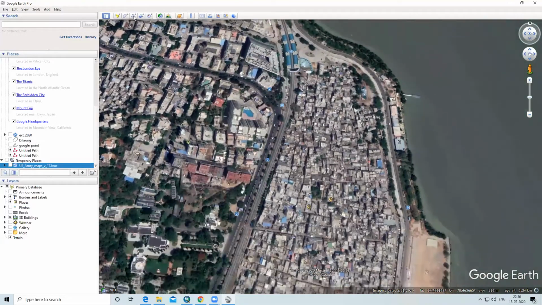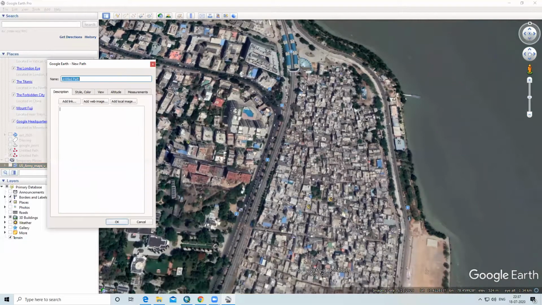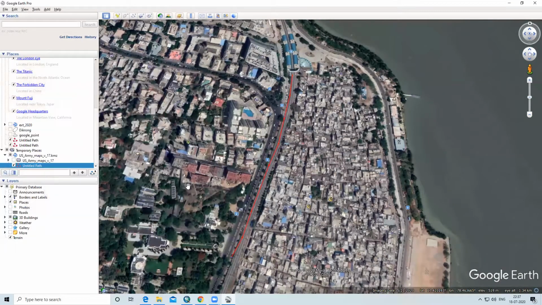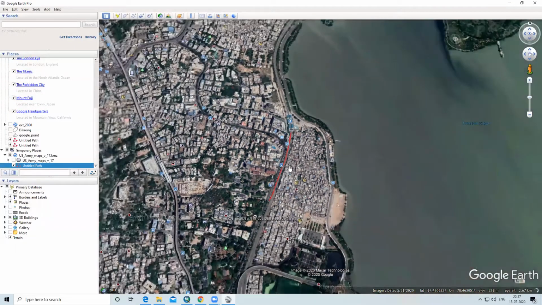For that I will take the add path option. So like this you can digitize a road. If you want to change color, width, you can change from here.